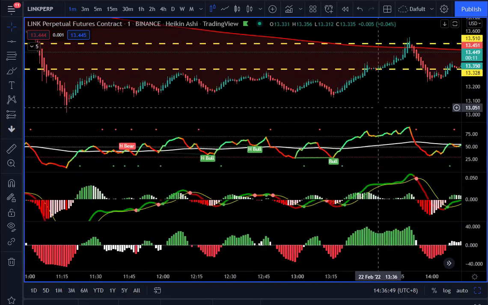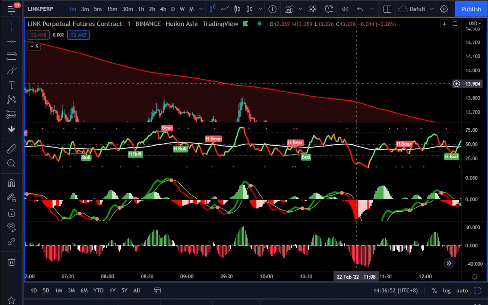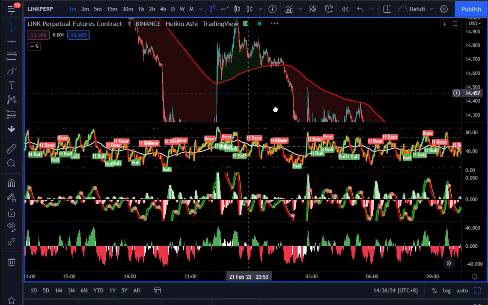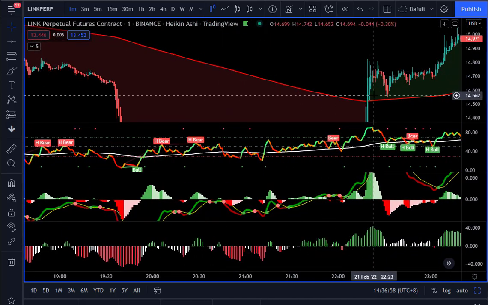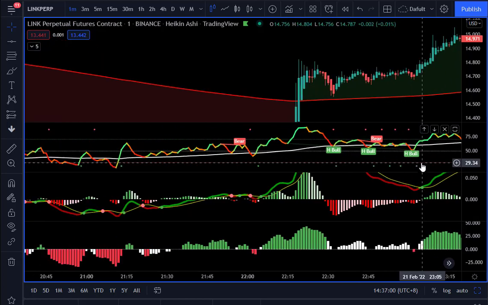So I showed you the short one. Let me give you the long one just in case, because most people do long positions. Let's say this is a long position. So what should you look for? You should look for the same thing,